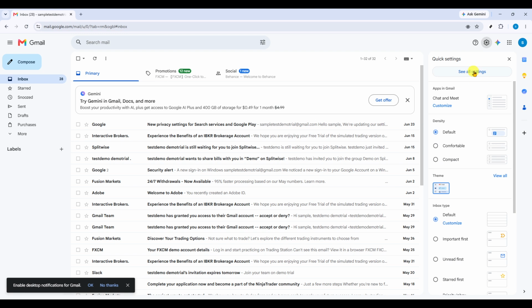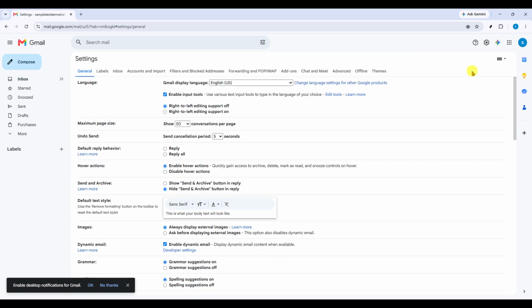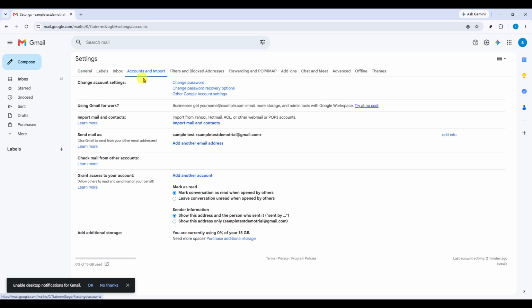This will open the full settings page where Gmail organizes all account options into tabs across the top. If you don't see the tab immediately, give the page a moment to load fully before moving on. Next, click on the Accounts and Import tab. This is the section of Gmail where you can manage connected email addresses and import mail from other accounts. It's the area you'll use when you want Gmail to check another inbox for you, such as a school email